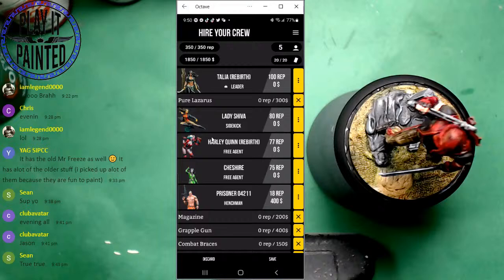By the way, this crew is probably terrible on the board, in my opinion, because you have a guy with like $1,000 in funding. He's the only guy that could take funding, and you only have 5 models. So yeah, don't do that. Anyways,